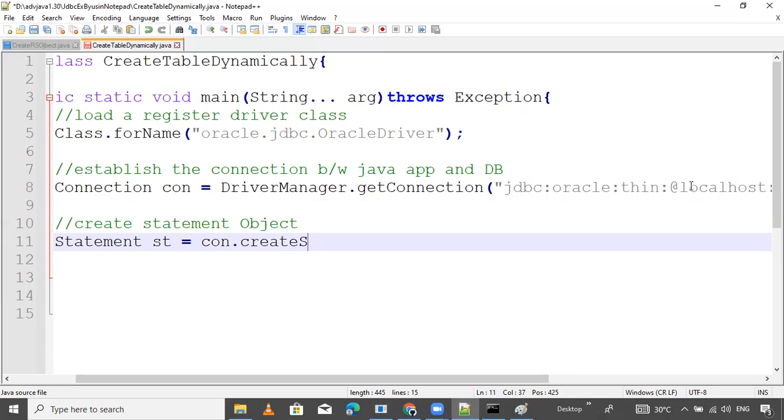The ratio between statement and result set should be 1:1. But for connection and statement, this type of scenario is not there. Connection ratio is 1 and statements are n number of things. So create a statement.